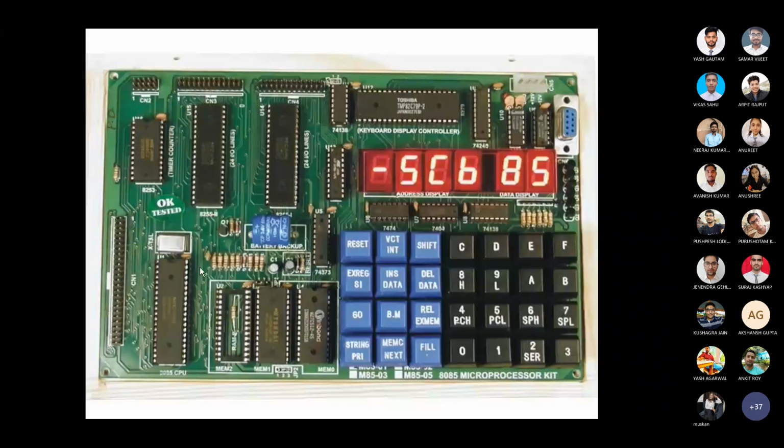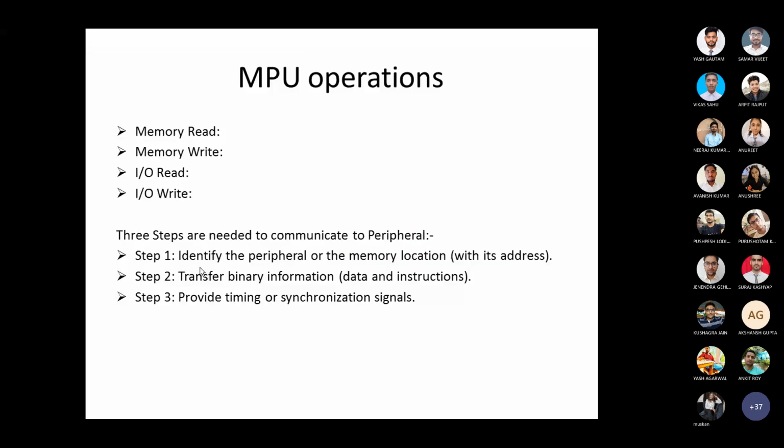Here is a physical view of the microprocessor board, which is generally used all over the institutes to study the keyboard microprocessor. So here we have microprocessor operations like memory read, memory write, input output read, and